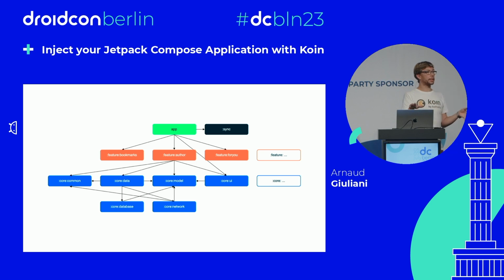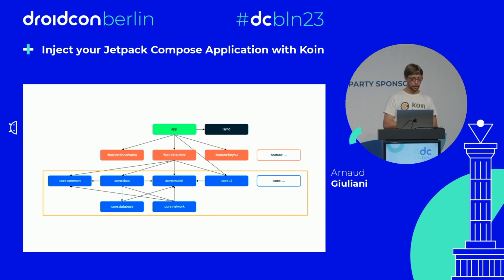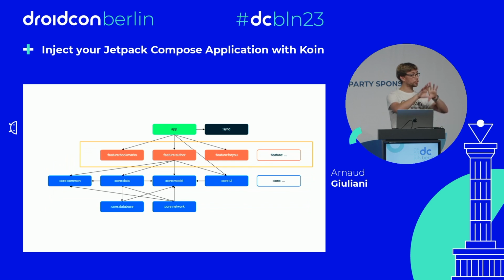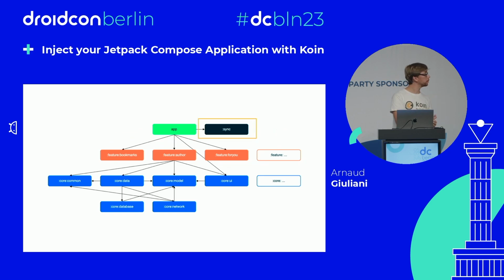And this is the beginning of the architecture. You see, we can dive into really lots of complex stuff, and you have all the common modules here that are gathering the data, the model, database, network features, etc. Some features modules. Okay, you have all the bookmarks, authors. There are the 3 main tabs here in the UI, and of course there is a module for background synchronization that is using Work Manager to try to prefetch content, and after that the main application that is loading everything and running the application.